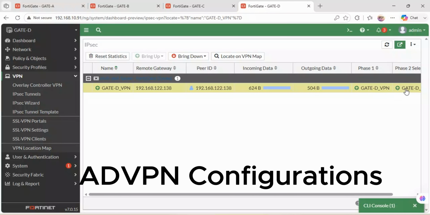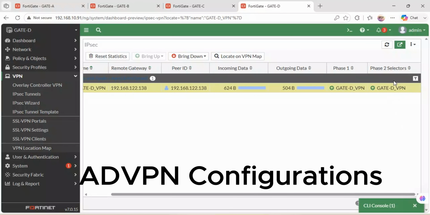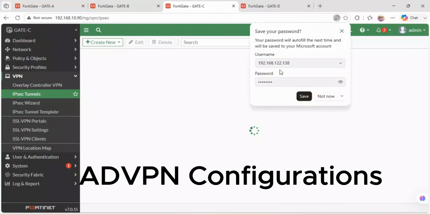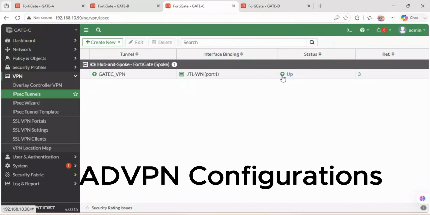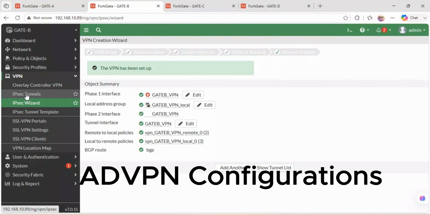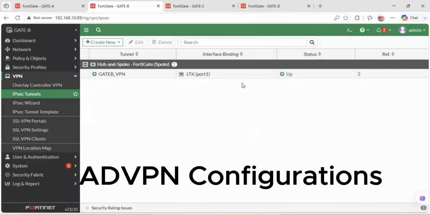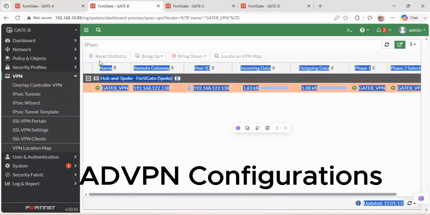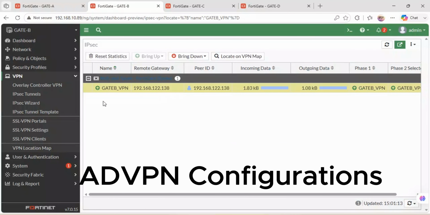Get DVPN 2, you see. So it has 2 selectors. If you want to confirm whether it was successfully created, you just see the bluish part here. It means your tunnel was created successfully. You see, this is the number of the clients that are within the controller. And remember, this traffic is the initial traffic that I used to test during the